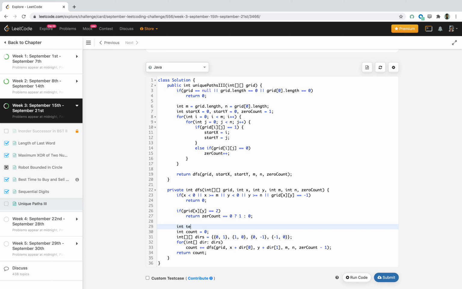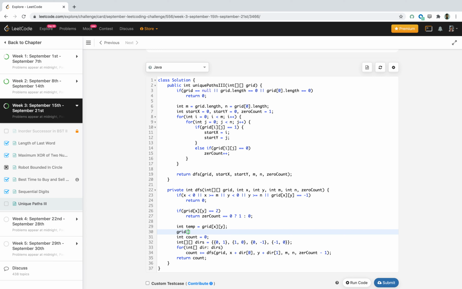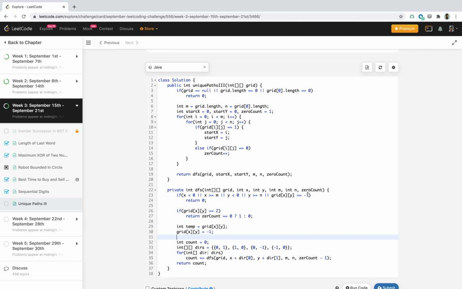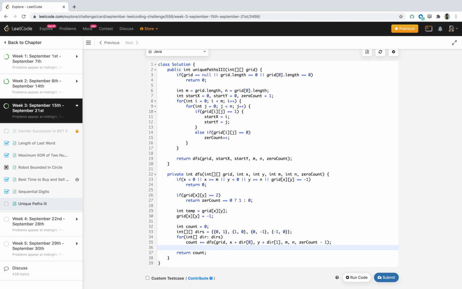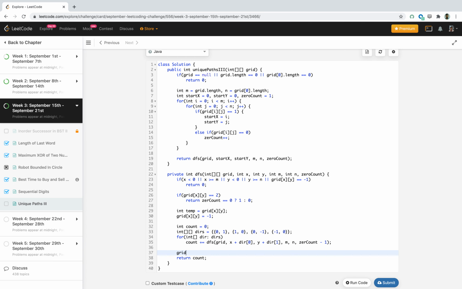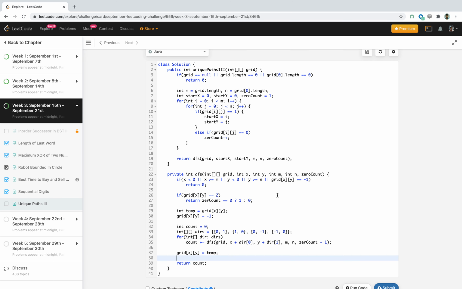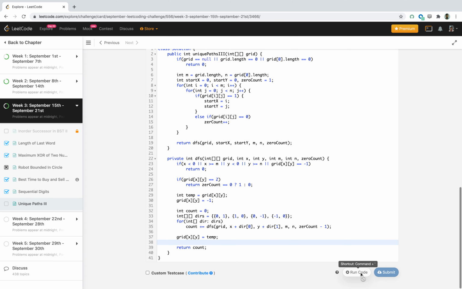So we'll store the value of the current grid in a temp variable, and then we'll set this current square to the value -1, because here you can see if it's a -1 we are not doing anything. Once we have visited all its neighbors, we'll just reset this value to temp and we'll return the count. So let's run this.